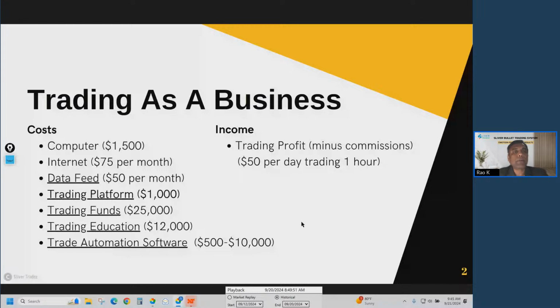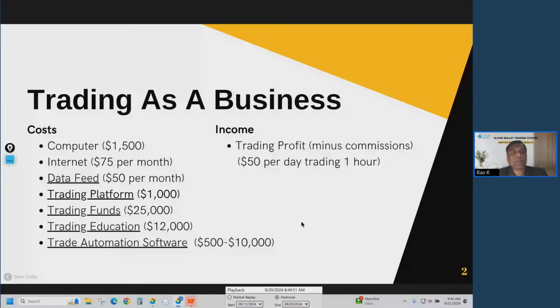And there is no end to it, but I think that's a reasonable number. Then you need a high-speed internet, which could cost you anywhere from $60 to $100, somewhere $200. But we feel the internet that you get at around $75 will do the job. So $75 we have taken.